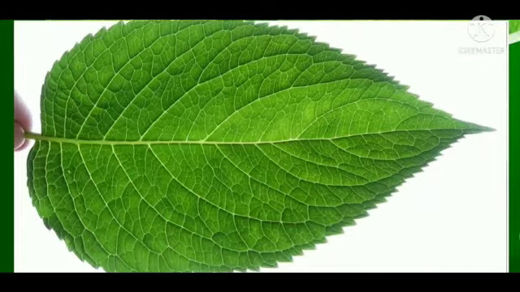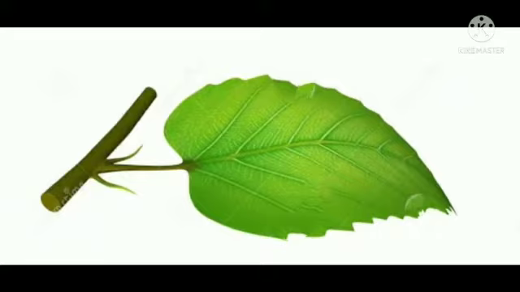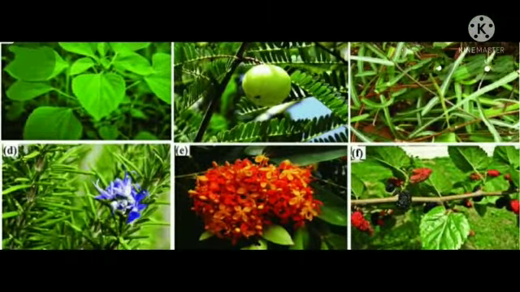We all know that leaf is the part of the plant that grows out of the stem, right? Now, if you look around, you will find different plants having different types of leaves.